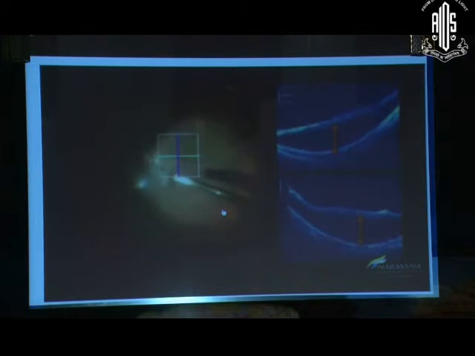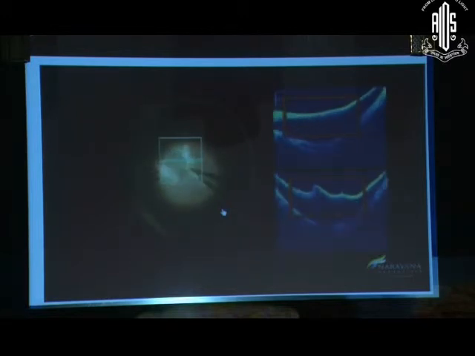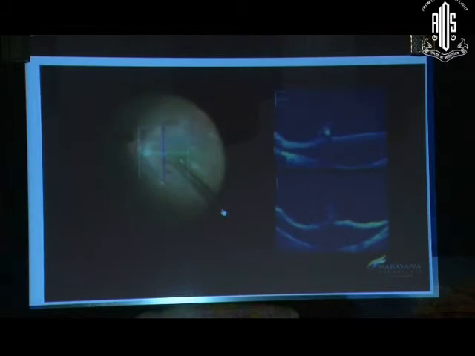And this is after the FG. And this is a case of myopic foveoschisis. So this could be the way that future surgeries could be done, because it really changes the whole game. And after the injection of the Ocucoat, you can see the hyperreflective crystals on the surface. And this is the ILM peeling. You can really see that.